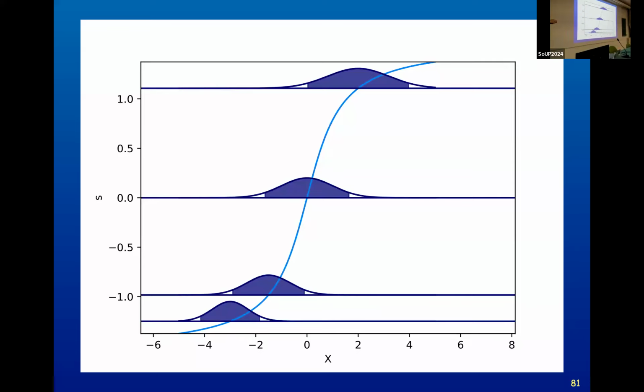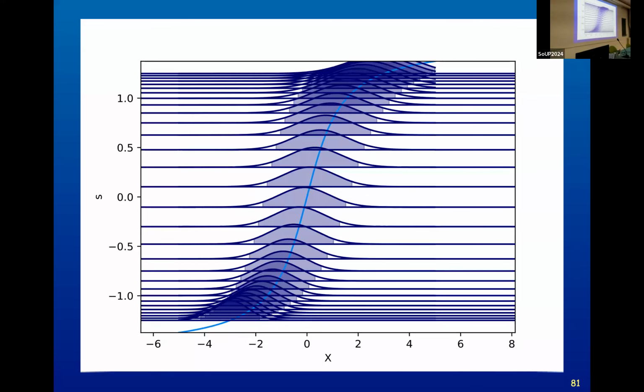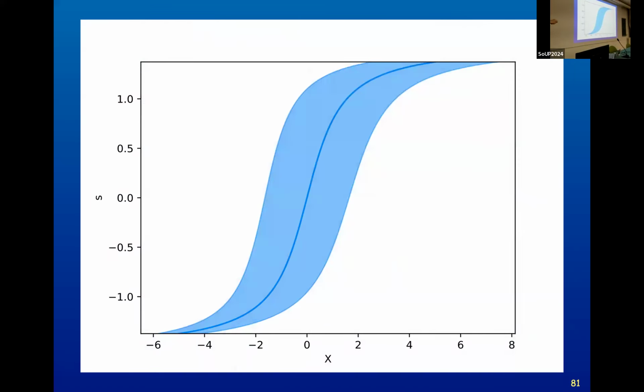So I want 90% of my probability density, or 90% of my probability, so integrated probability density. I want 90% containing this, containing this, containing this, and containing this within these dark blue areas. And then you do it for all of them along. And that gives you this Neyman construction band here.